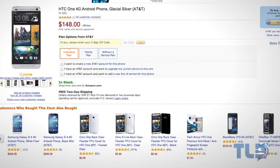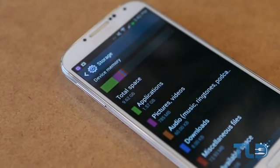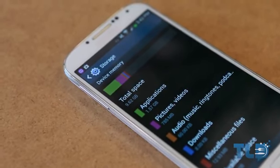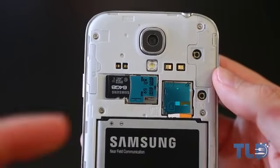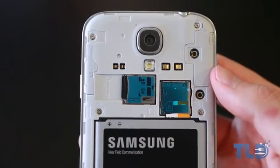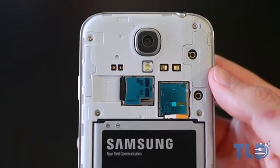Jumping back to the storage of the 16GB on the Galaxy S4, because there are so many software features packed into this thing, there's only about 9 available to the user. Now yes, you can expand by a microSD card up to an additional 64GB, but that is limited to only photos, music, videos, and you can install apps on there. So if you're someone who loves apps, specifically games, which can easily get to over a gig in size,